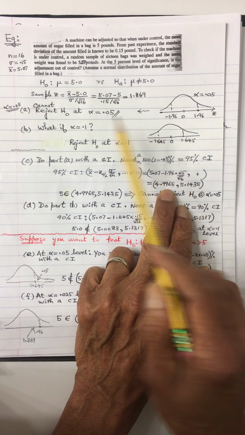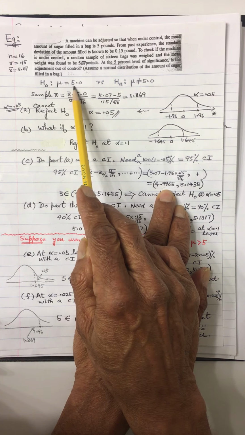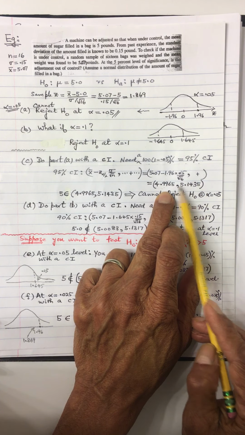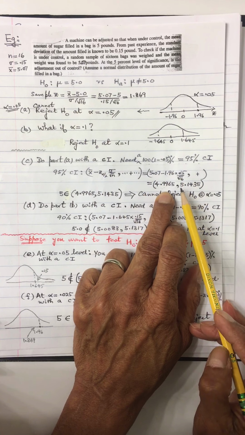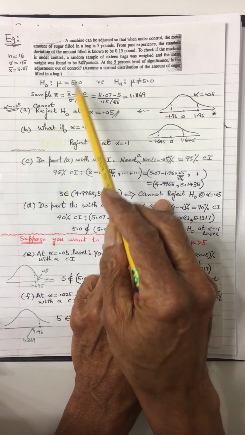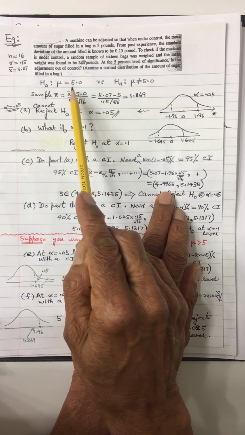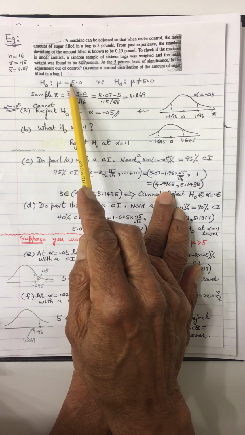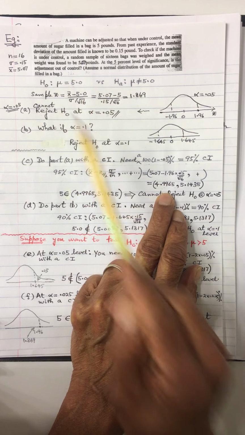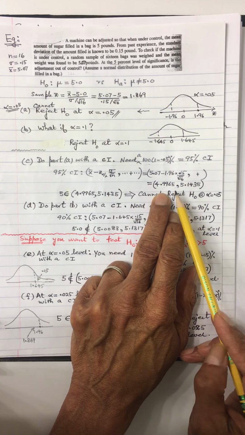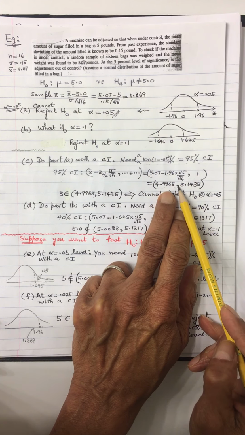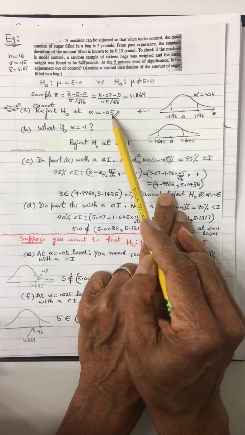So now to check this, what you need to do is check whether this value of 5 is inside this interval or not. So this 5 is in here, therefore you cannot reject. In other words, when this value is in here, what you are saying is that 5 is a possibility for mu. So therefore you cannot reject H naught. Okay, that's what it is. So the 5 is a possibility right in there. So you cannot reject H naught and accept HA. So this is the same conclusion.